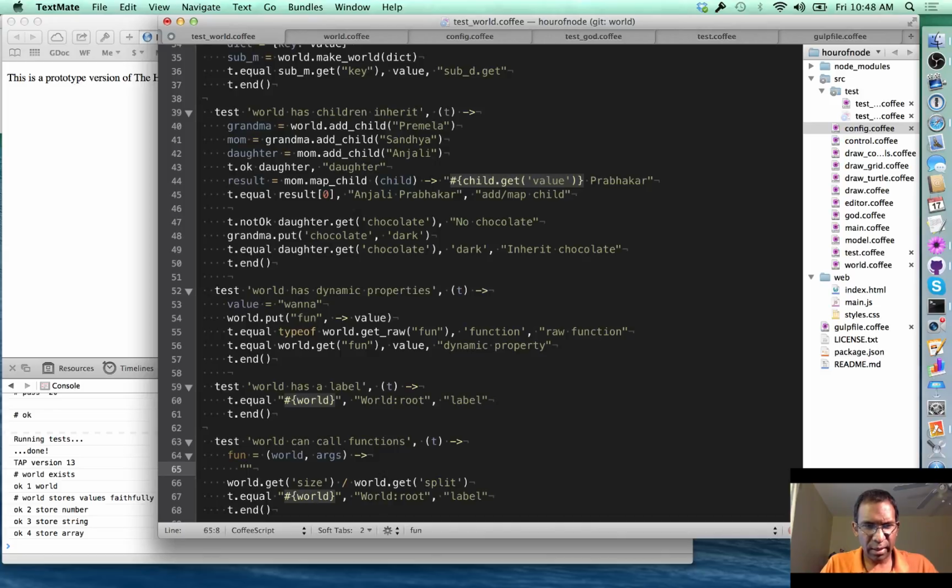All right, so this function should take, what should it do? We want to be able to check that it takes